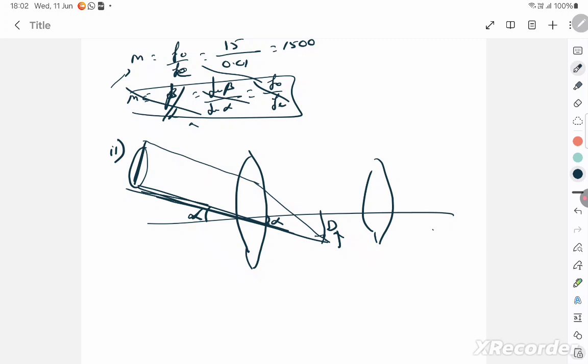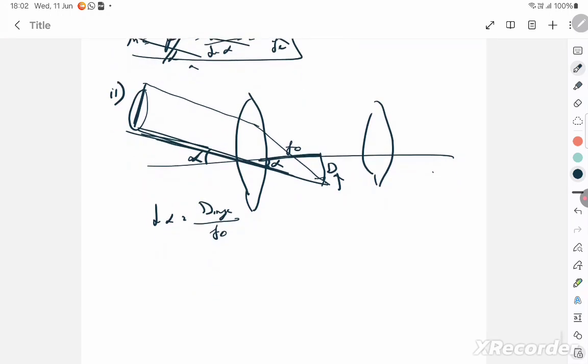That's the diameter of the image. Okay, so that's what I can think of. And so when I do tan alpha, it is the diameter of the image by this distance, which obviously is the focal length of the objective. And that, using similar triangles, if I'm going to use similar triangles,